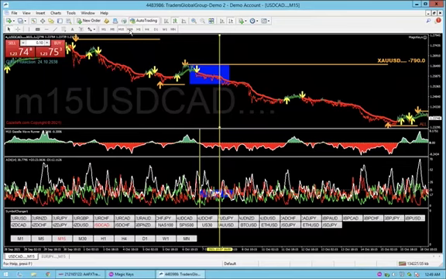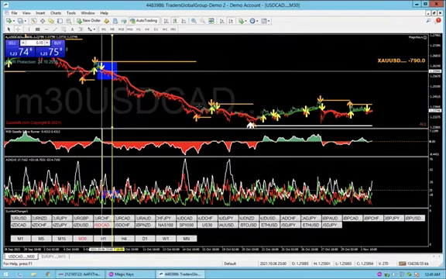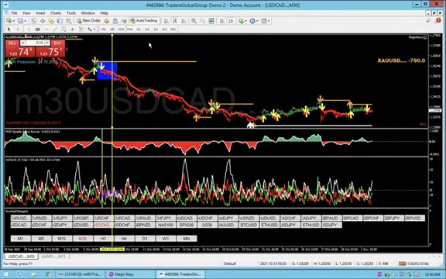Let me go to the 30 just to give us a little more perspective. Look how far it went, guys. If this would have been your entry, going all the way down until you see a white arrow indicating daily rejection. Basically 300 pips, y'all. So you're going to take pretty much like a 40 pip stop loss, going 300 pips. Why do we stay in with confidence? Because going back to the 4 hour,